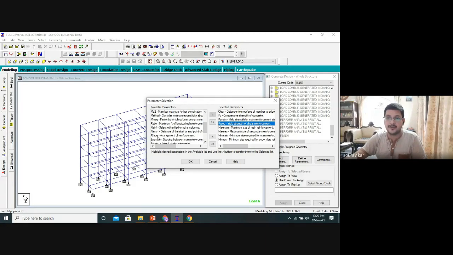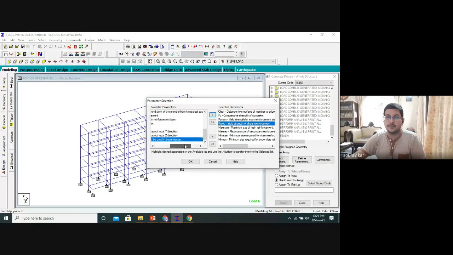Arrangement of reinforcement R phase. This you can also show or select. SPS main, spacing between main reinforcement. I told you torsion, track, unsupported length factor about local y direction and local z direction, ULY, ULZ. If you want it for columns, you can select this option.